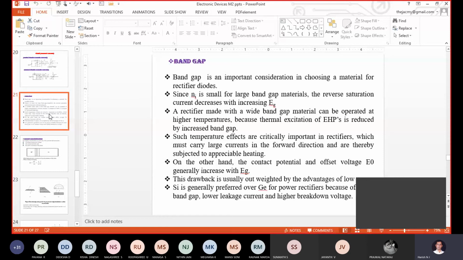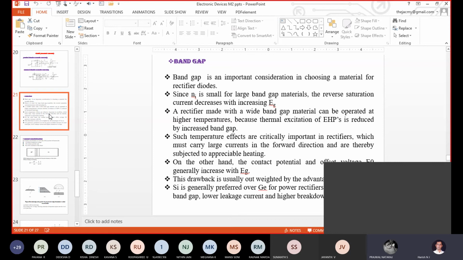What is the reason for that? How will it work, or how will it withstand the higher temperature when you are choosing silicon rather than germanium? What is the reason for that? Okay, so if you are choosing a more energy gap kind of semiconductor for designing so-and-so elements for so-and-so circuit diagrams, what about the cut-in voltage? It will be more. Even the cut-in voltage also increases.